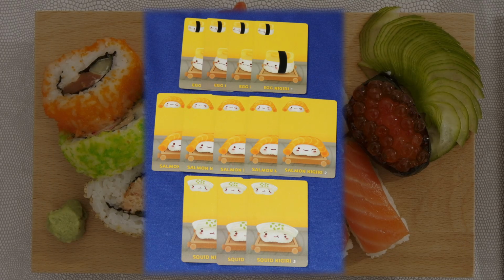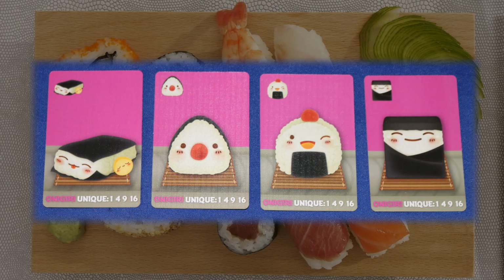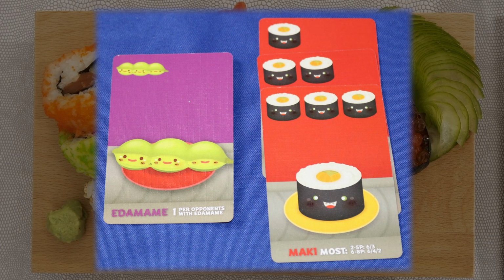Nigiri simply give a straight 1, 2, or 3 points, but can be enhanced by wasabi to triple its value. Dumplings increase in value with every additional one you take. Onigiri has 4 different varieties. Collecting the same onigiri doesn't increase their value, but getting different ones will increase in value by squares. Edamame goes up in value as more players have them, while Maki rewards the players with the most of them